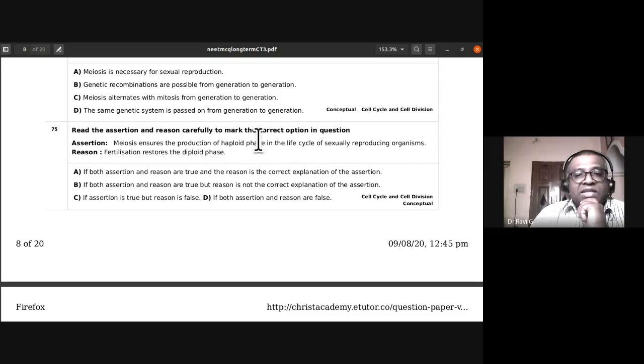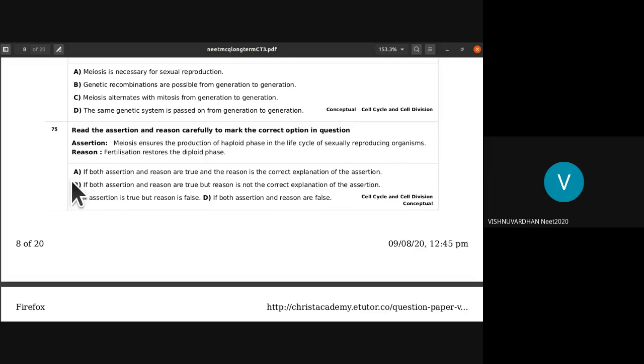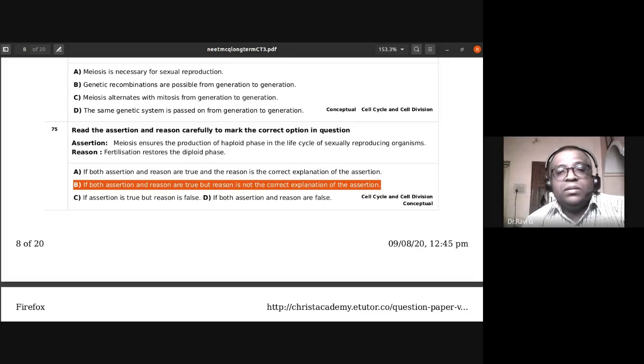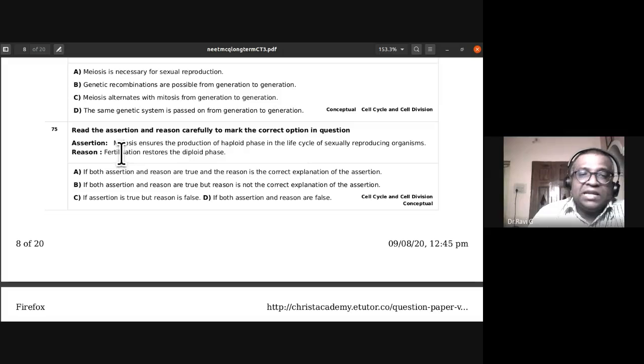Read the assertion and reason carefully to mark the correct option. Assertion: Meiosis ensures the production of the haploid phase in the life cycle of sexually reproducing organisms. Reason: Fertilization restores the diploid phase. Both the statements are correct, but the reason is not the correct explanation of the assertion. What do you think about this answer? B. Okay. The reason does not say why haploidy should be there. If the reason were given like this,